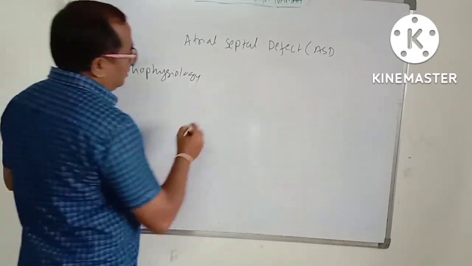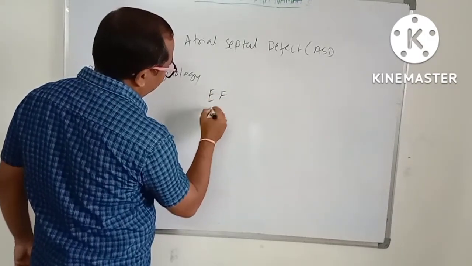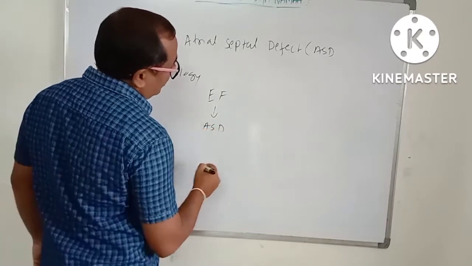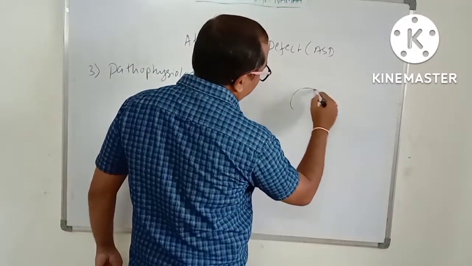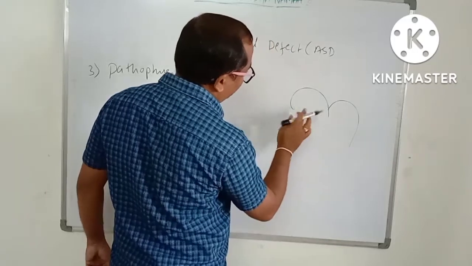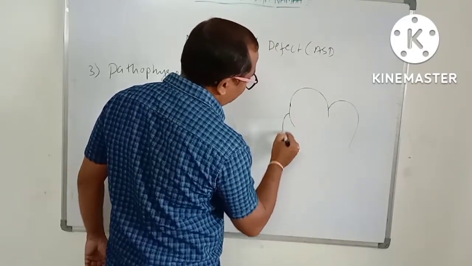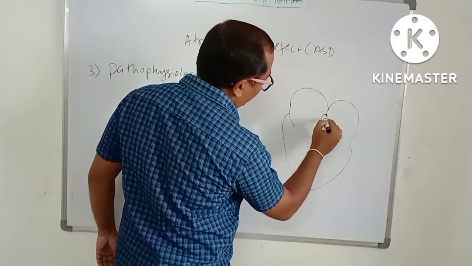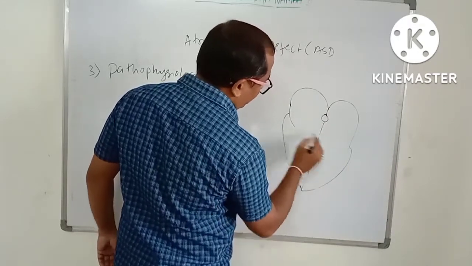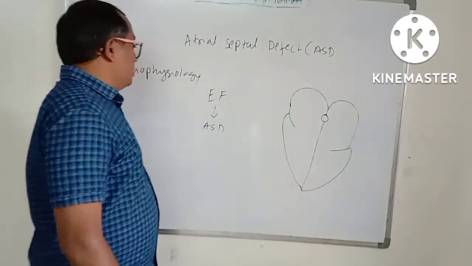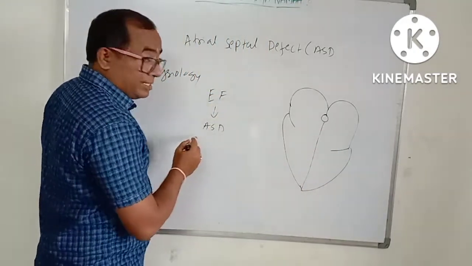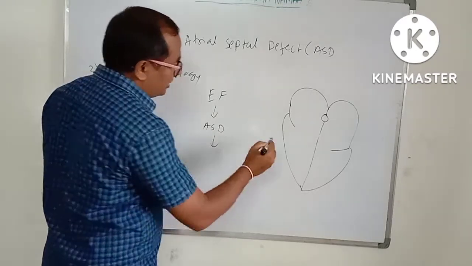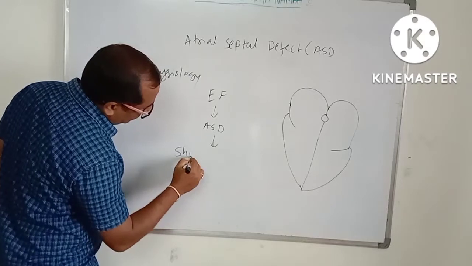What happens here is, due to etiological factors, there is a development of a congenital defect, that is an atrial septal defect. It may be ostium primum, secundum or sinus venosus congenital heart disease. So due to etiological factors, there is a development of a structural defect, the atrial septal defect, and because of this there is a shunting of blood